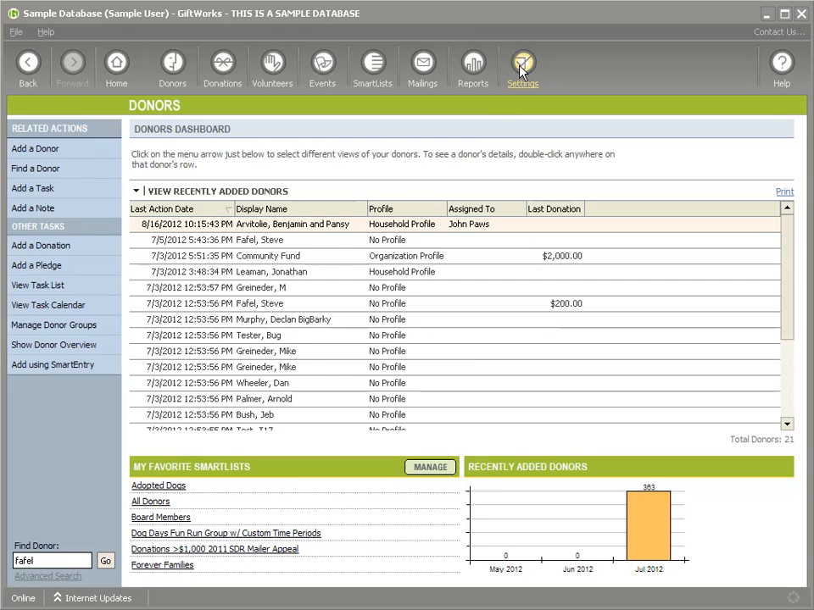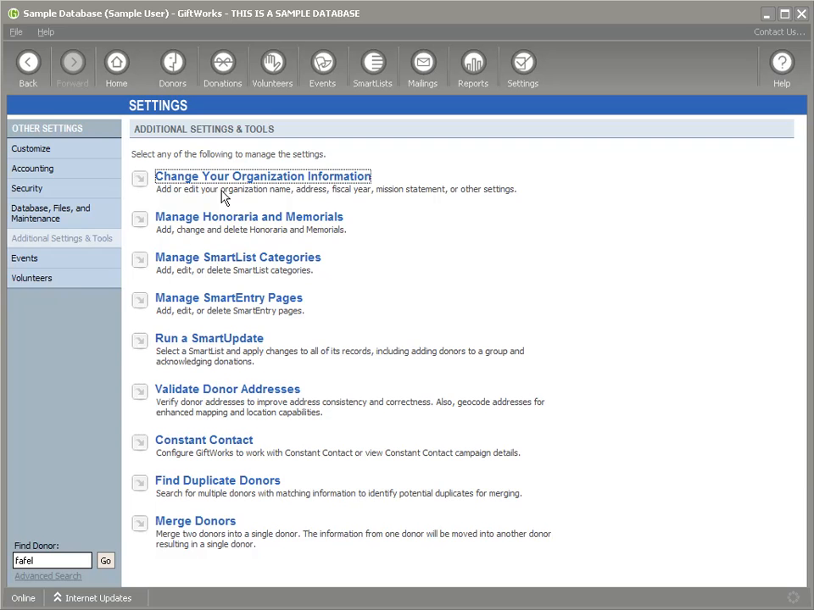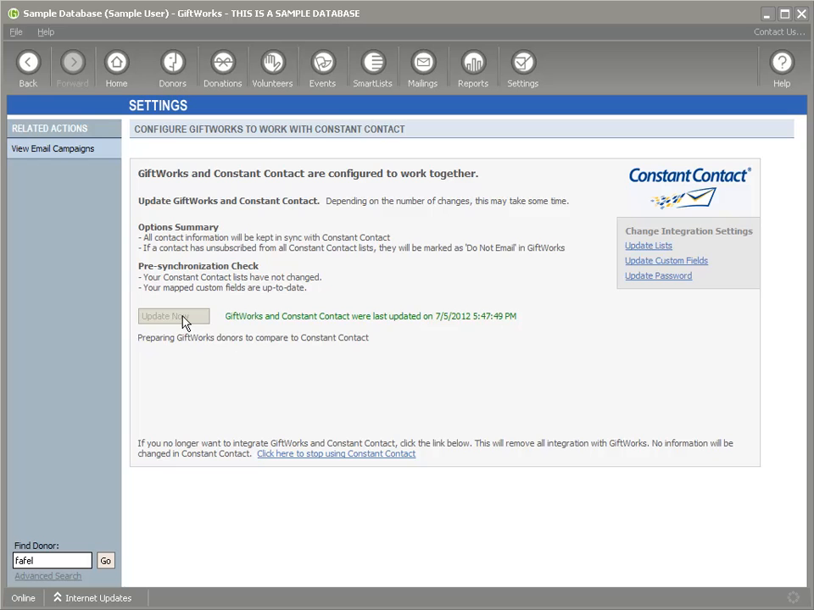Now I click Save. I'm going to go over to Settings, and I am going to go back to Additional Settings and Tools under Constant Contact, Synchronize, and I'm going to synchronize this. So I've made some changes on the GiftWorks side. So whether it's subscriptions to lists, or it's other biographical data, you're going to modify that information, and the synchronization